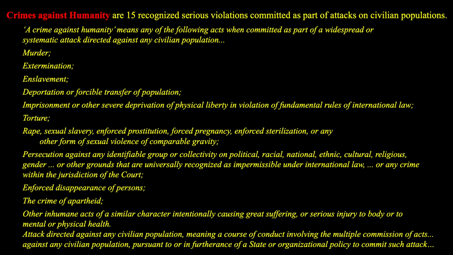Over many years, crimes against humanity were recognized. They eventually were enumerated as 15 serious violations. These can occur against civilian populations either in wartime or peace. The listing you see here is quoted from the Rome Statute establishing the International Criminal Court. Violations can include murder, extermination, enslavement, deportation, forcible transfers of population, imprisonment or other severe deprivation of physical liberty, torture, rape, sexual slavery, enforced prostitution, forced pregnancy, enforced sterilization, persecution against any identifiable group or collectivity, the enforced disappearance of persons, apartheid, segregation, and other crimes regarded as